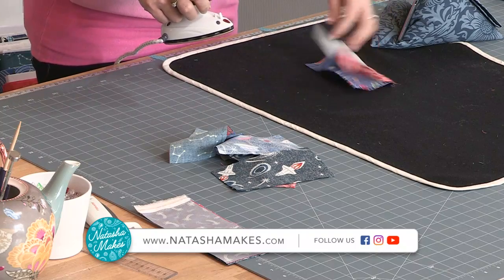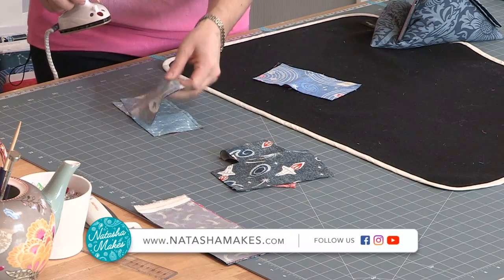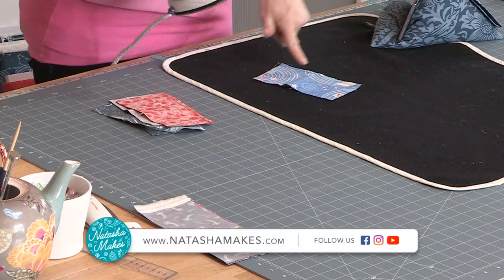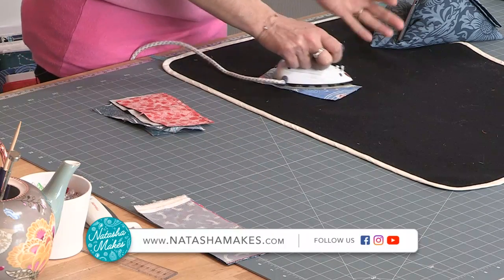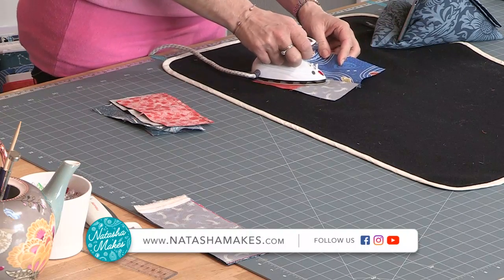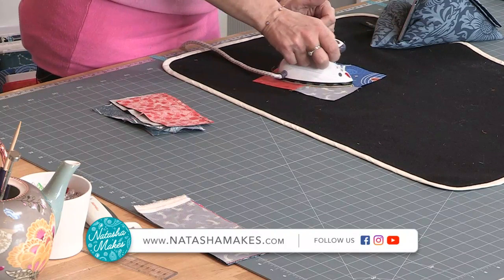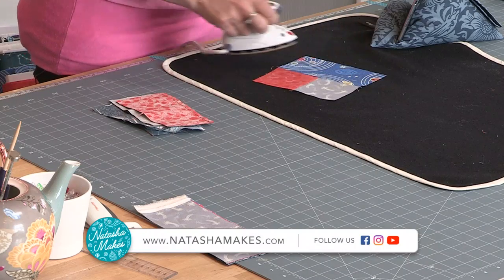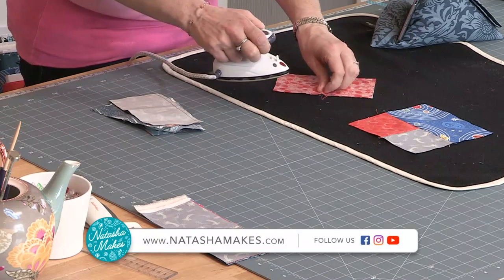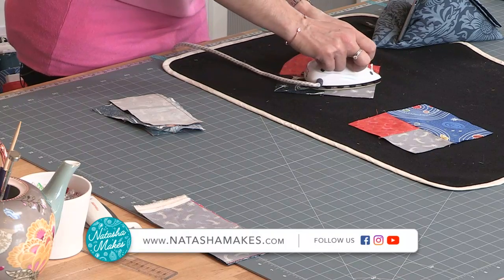So now, do you know what, actually, I'm going to press across so that it took me a long time to learn this, but whichever way you want your seam to go, have that on the top. So set my seam there, and then I want to go off to my plain side because there's already quite a lot going on that side, and then knock that back. And that is my 6-inch block done. Set my seam, open it up, knock it back. I'm using the edge of my iron there